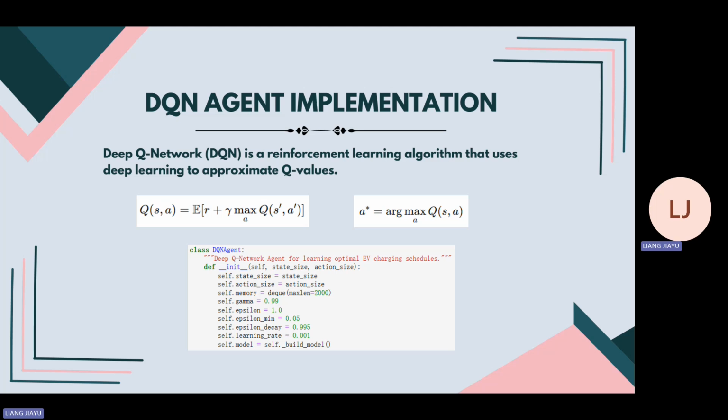The Q function combines the immediate reward from an action with the future value of the optimal next actions. Discount by a factor gamma to balance short-term and long-term rewards. The agent initializes with state size and action size to define the problem's dimensions. It uses a memory buffer to store up to 2000 past experiences for replay, which helps reduce data correlation and